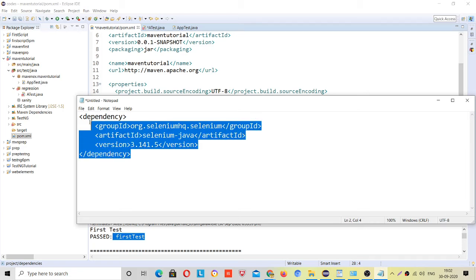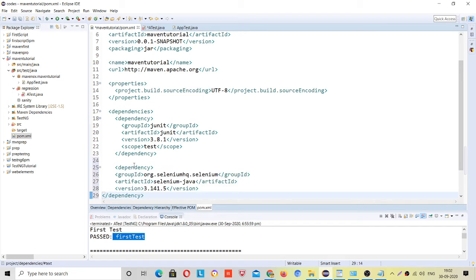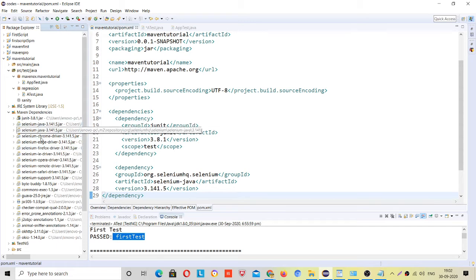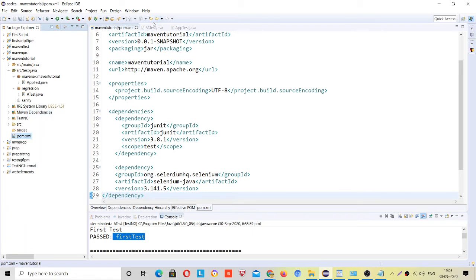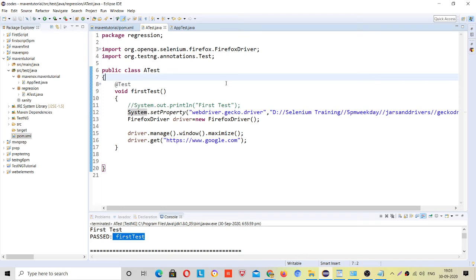Copy this dependency, paste here, save it, and now explore this. See, all Selenium dependencies are downloaded. And now if you go here, save this, the error is also gone.